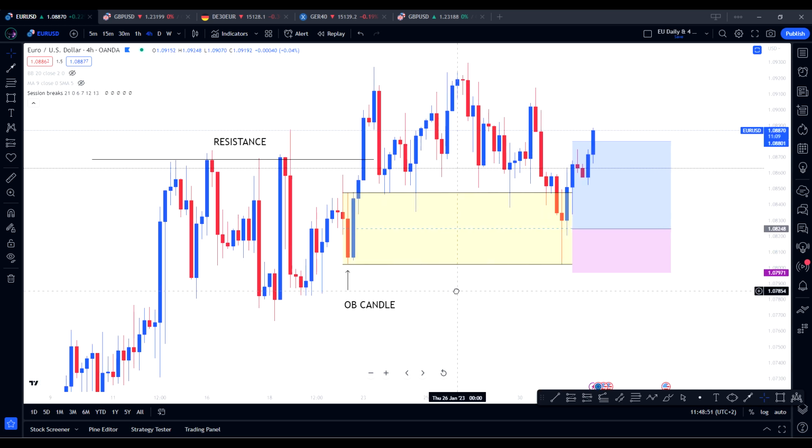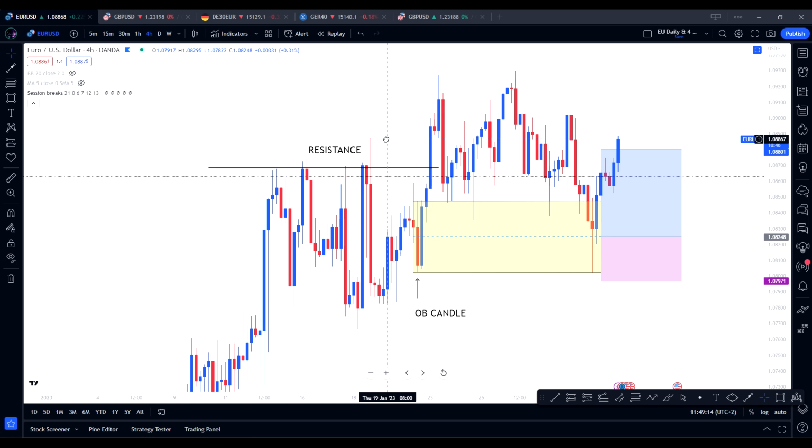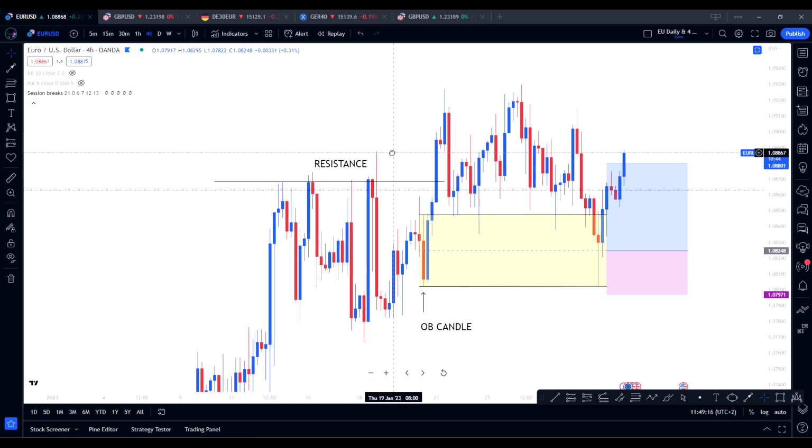So to wrap up this video, what do we need to look for? We need to look for areas of resistance, and then we need to see price impulsively break the area of resistance. Ideally, we would like to see price break the area of resistance within 1 to 2 candles, 3 at the most. But if the candles are small and it sort of meanders its way through resistance, I wouldn't call that an impulsive break. We need impulsive breaks to be literally what they are called, an impulsive break. We need to break through that area with conviction and confidence in order to confirm that it is a break